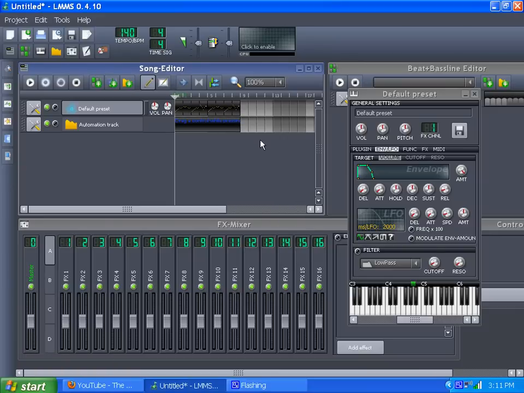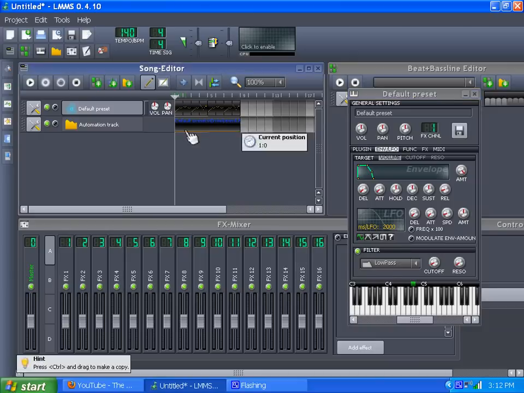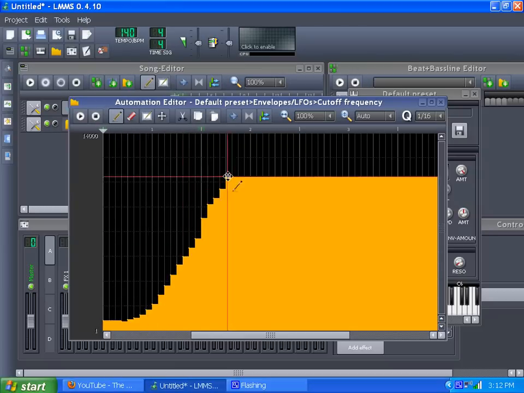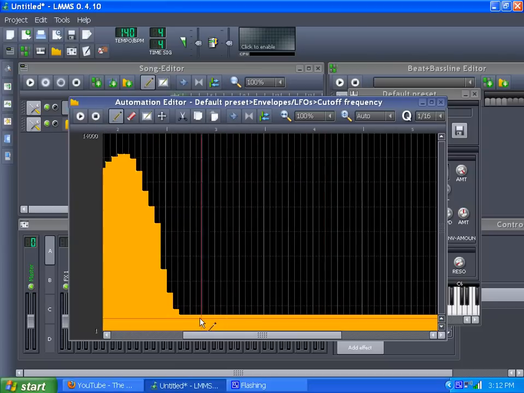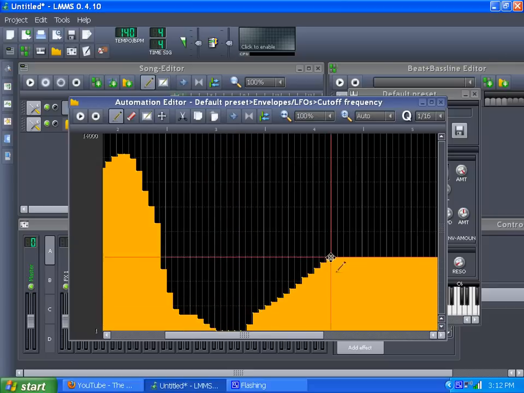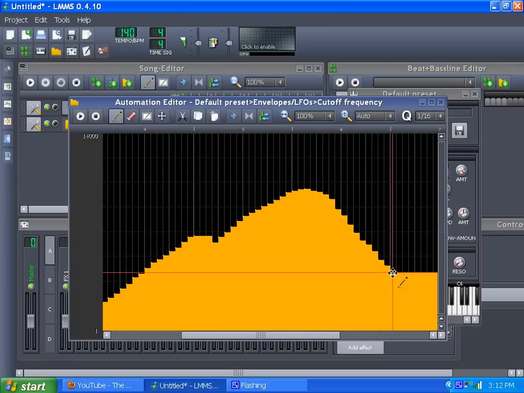And I believe all your dials under a cutoff filter can also be automated. So if I take the cutoff, drag it there, turn the filter on, I can increase or decrease my cutoff. And notice it has a different value for maximum cutoff. I don't know if this will kill your ears. I can't guarantee, but that's the problem with some of these. You kind of have to guess what you're doing